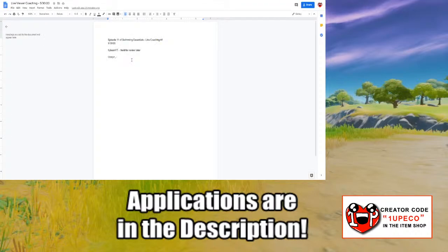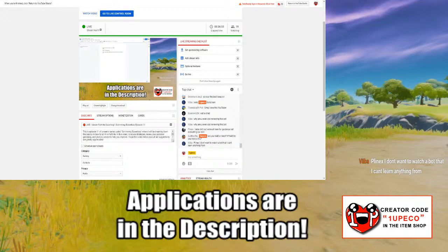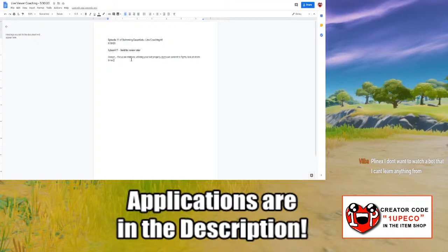So I'll write that down. For Crazy, focus on rotations, utilizing your loot properly. Don't overcommit to fights. I think that's how you spell commit. Maybe two M's. Yeah, two M's. Look at storm timer, and then what was that last thing? Oh yeah, and then